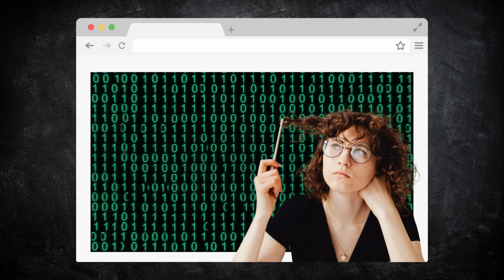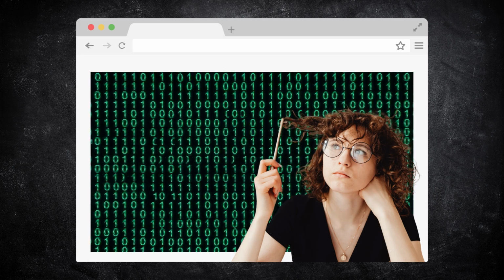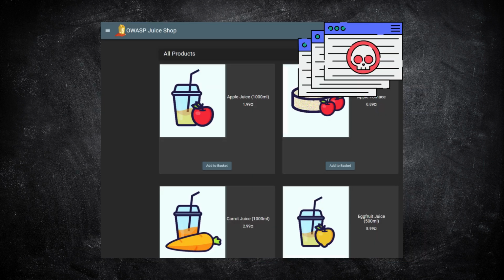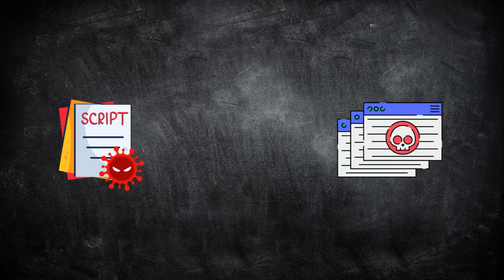And don't worry, this won't be some abstract theory lesson. I'll walk you through a simple, real-world example using OWASP Juice Shop, a deliberately vulnerable app that makes it easy to see XSS in action. Let's jump in. Cross-site scripting, or XSS, is a type of vulnerability that allows attackers to inject malicious scripts into